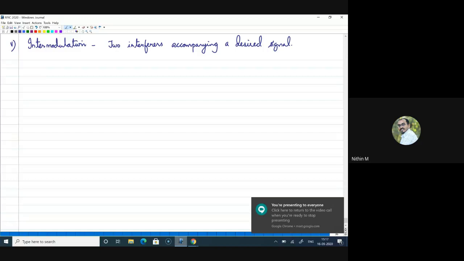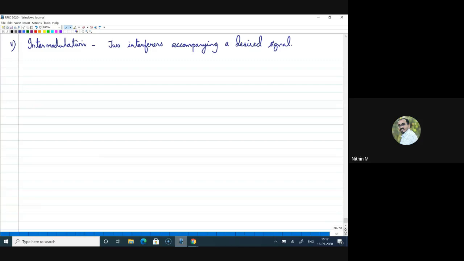All right. Whenever two interferers are accompanying a desired signal, we see this phenomenon of intermodulation. To understand this, let us first understand what intermodulation is. Let me write this here. Again, we are considering a nonlinear system with input x of t and output y of t. Now, if I am applying two signals of different frequencies,